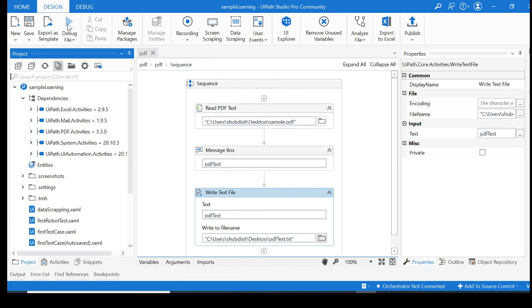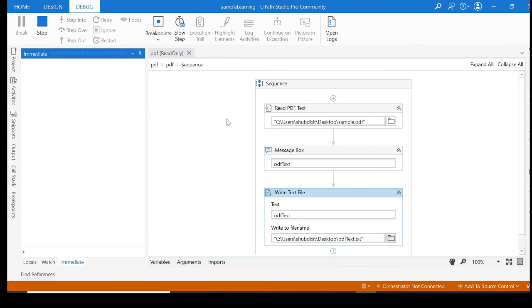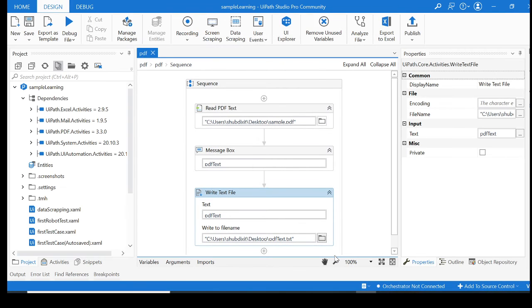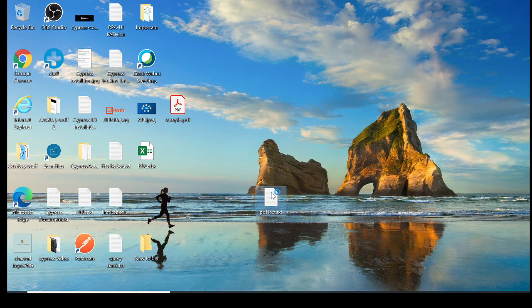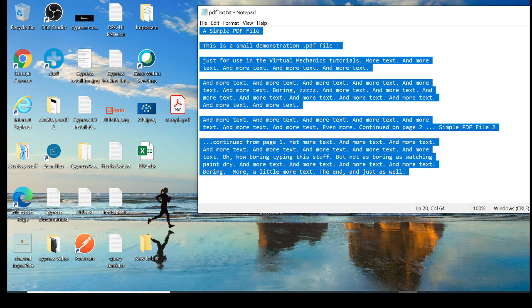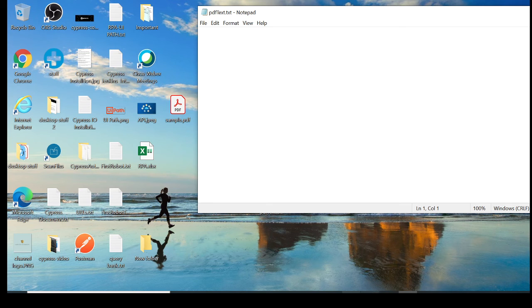Now let's run it again. Let's see what happens. First it is gonna be the message box. After the message box, it should print the data into the PDF text file. Let's see, it has printed each and everything. So this is how you can dump all your PDF data into a notepad file or into a message box. Another thing I have already shown you is that you can write it into the console as well. So let's delete it again and show it to you once again.